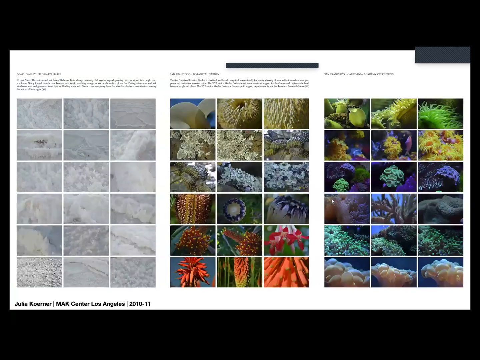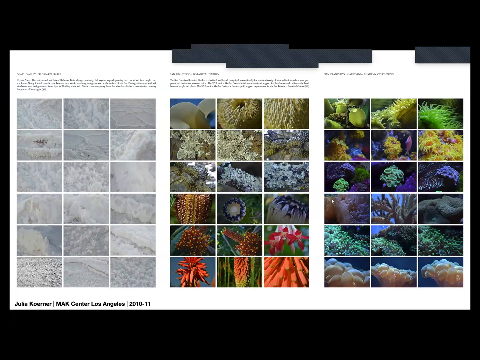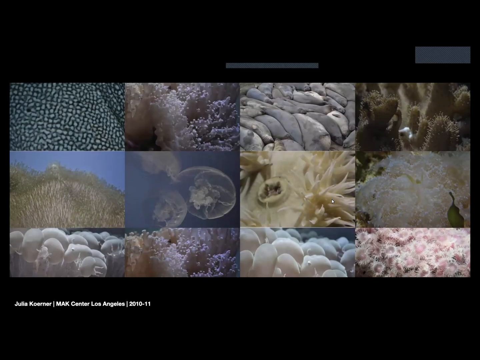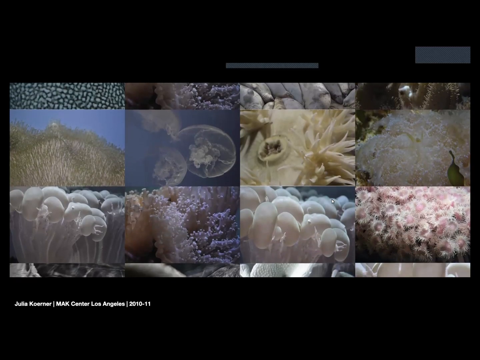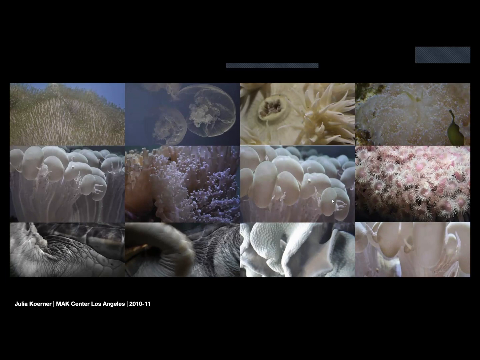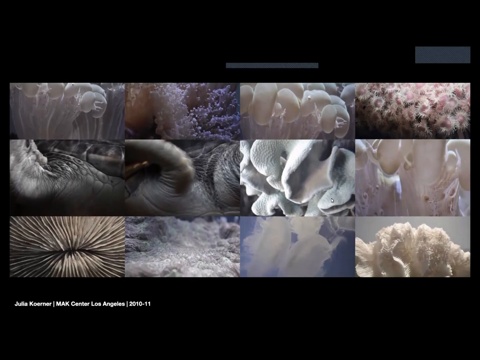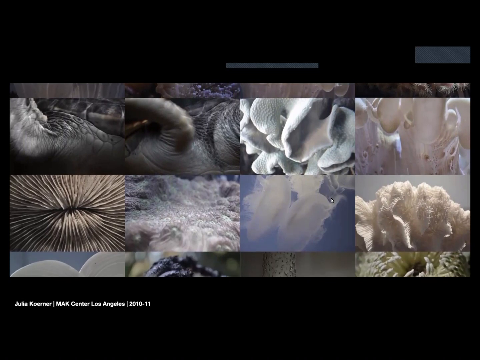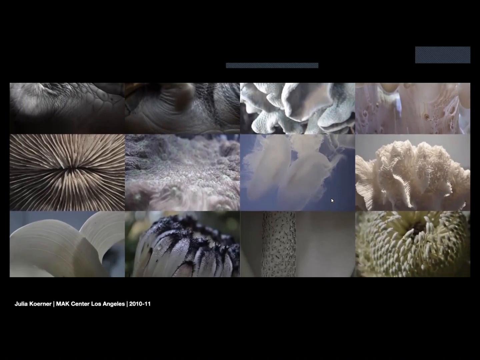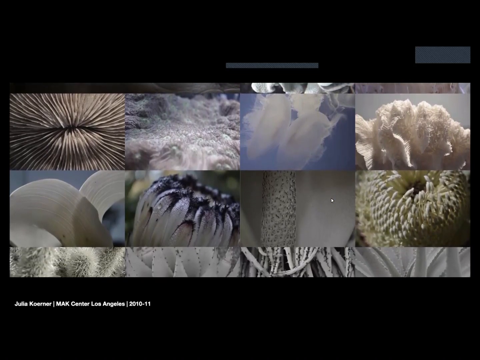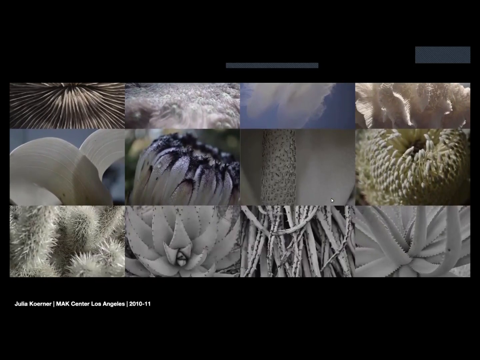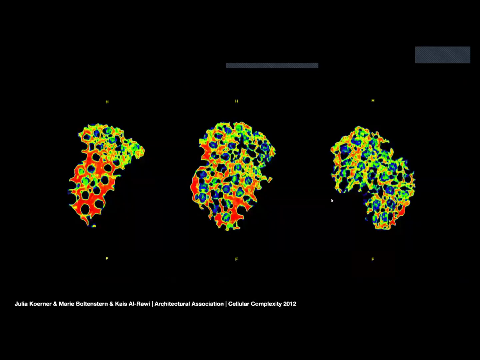So I came to Los Angeles and I documented the biodiversity here, from the oceans to the mountains to the Salton lakes. I documented all of these natural phenomena and got really curious in how are they actually built up and what's their underlying mathematical logic. And while I was interested in biomimicry and mimicking some of these designs or aesthetics in my designs, I also wanted to know their mathematical logic.